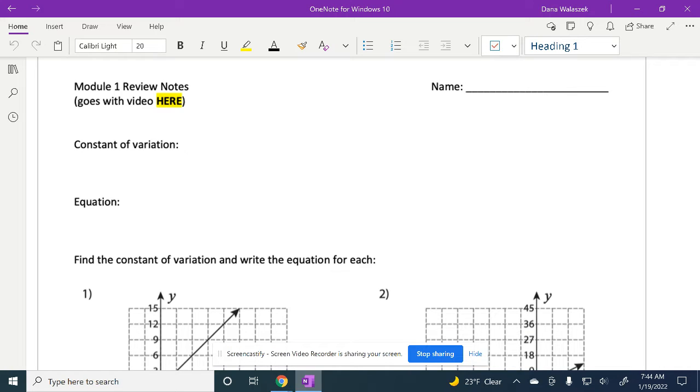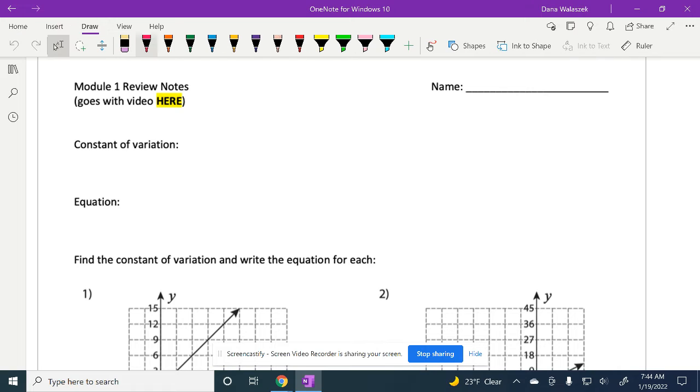Okay guys, so this is for your Module 1 review. Module 1 review notes is the packet you should have in front of you. So if you need to pause the video and go get it, please do that. Okay, so we're going to fill this out, and this is just some notes to remind you of what we've